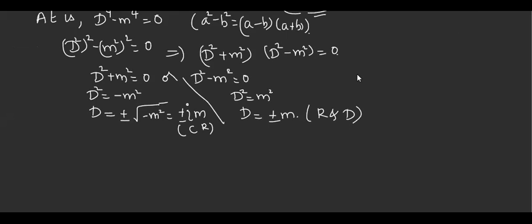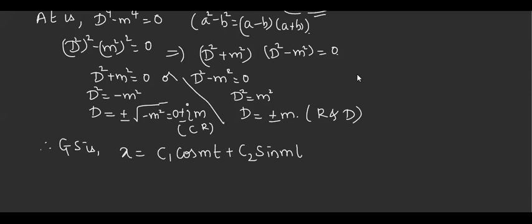The only care you have to take is that you should write x as a function of t. Therefore, the general solution is x equal to, for complex roots, how do we write? What is the real part of this? 0. So e raised to 0 is 1. So if you write or don't write, it won't matter. So let me write for the imaginary part: C1 cos of mt plus C2 sine of mt. Outside, actually, you have e raised to 0 t. So this is written for the complex roots.